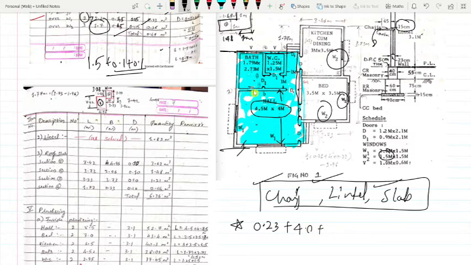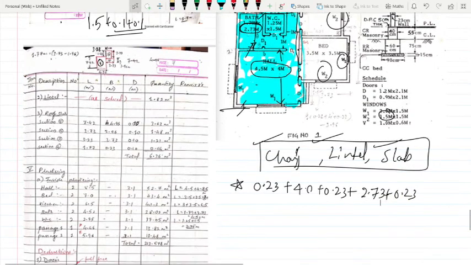Again there is a wall thickness, 0.23, plus this entire height. In the bathroom it is 2.73 meters. Again there is a wall, last end portion, so plus 0.23.